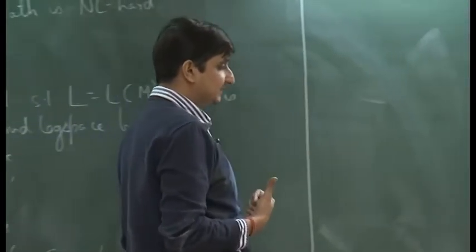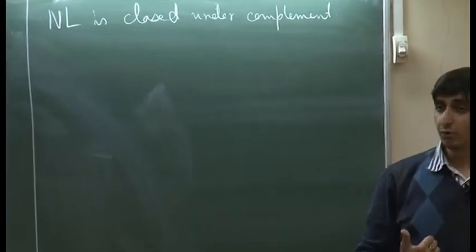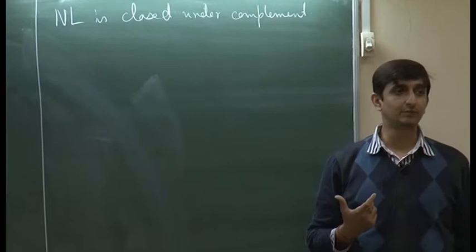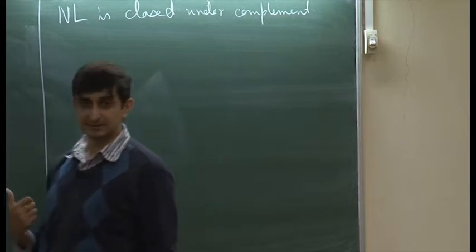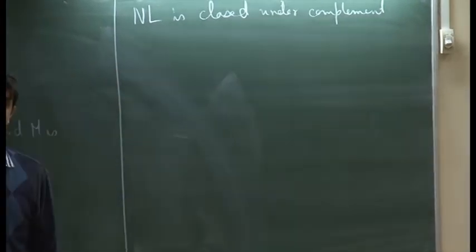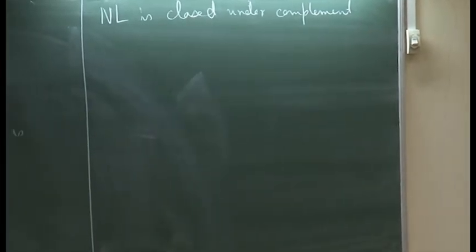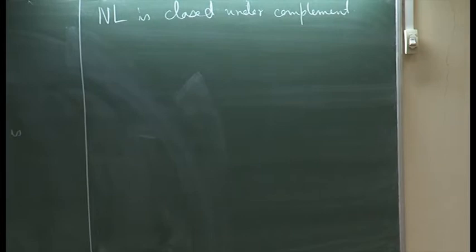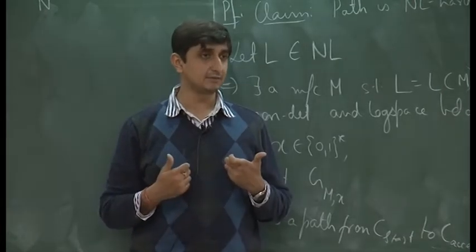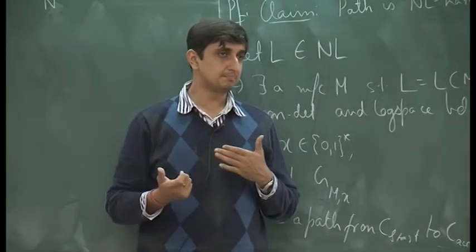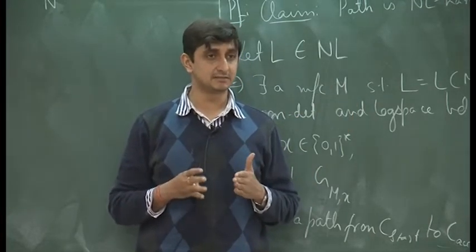The reason why this is so very important is that, recall that when we were discussing the class NP and we saw the class co-NP, we saw how difficult it is to prove that NP is equal to co-NP. In fact, what people generally believe is that these two classes are not the same, and what is the reason for that? So, the reason for that is the following. What does it mean to say that NP is equal to co-NP? It means that even for non-existence of a certain instance, there is a small sized certificate.